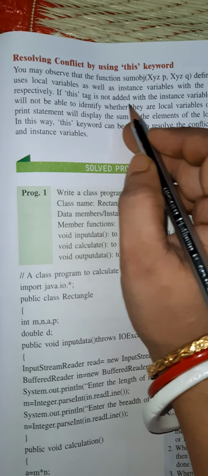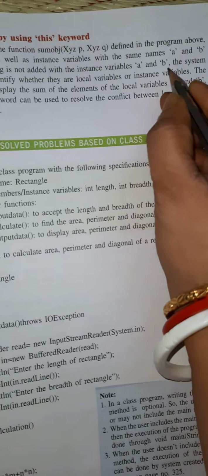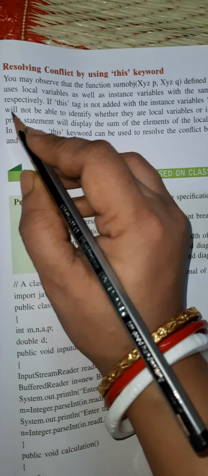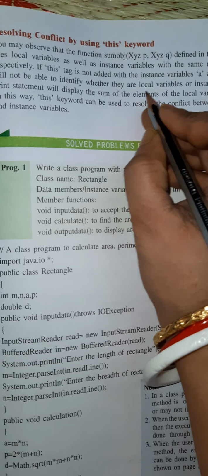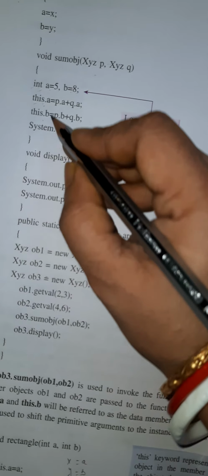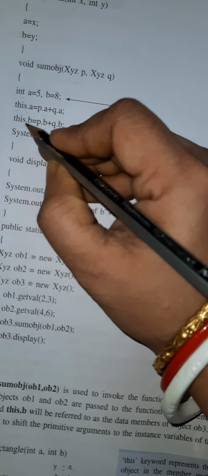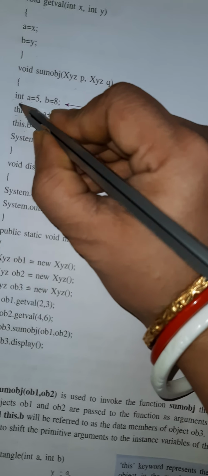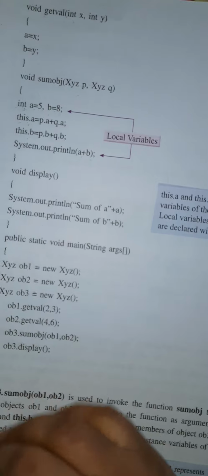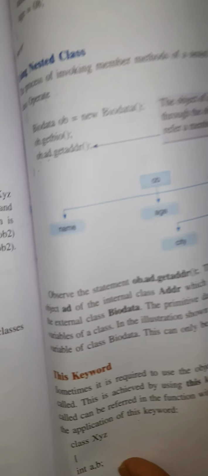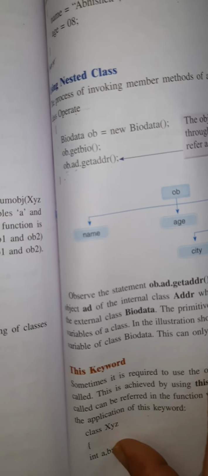If this keyword is not added with the instance variables a and b, the system will not be able to identify whether it is a local variable or an instance variable. So if I do not use the this operator here, the system will be confused: is it this a and b which we have declared, the instance variables, or the local variables a and b?